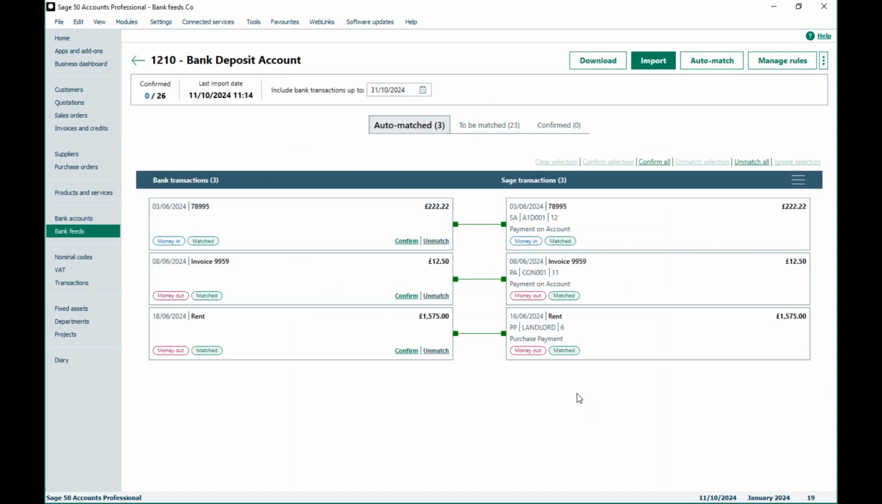And then we'll go through each of the tabs. So as you can see, these are auto matched transactions. These are waiting for me to confirm that they're correct or unmatch if they're not. So you can just go down each of the tiles and click confirm on each one. You also have the option to confirm all. It could be that you just want to confirm a selection, unmatch a selection, unmatch all, or you can ignore